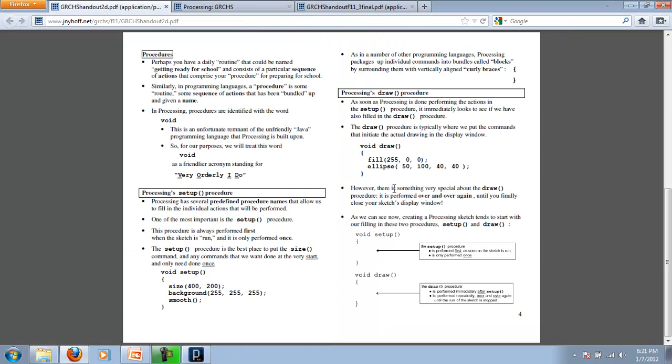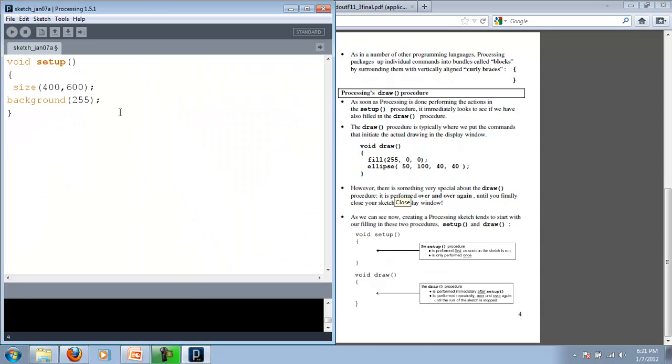Other things that you might want to put in that setup is probably the smoothing command. I just want to turn it on and leave it on, I want it always to be on, so turn smoothing on. Notice how my code is not lined up all that nice right now. If you just hit Control T, it'll automatically tab everything over nice and put it all in the